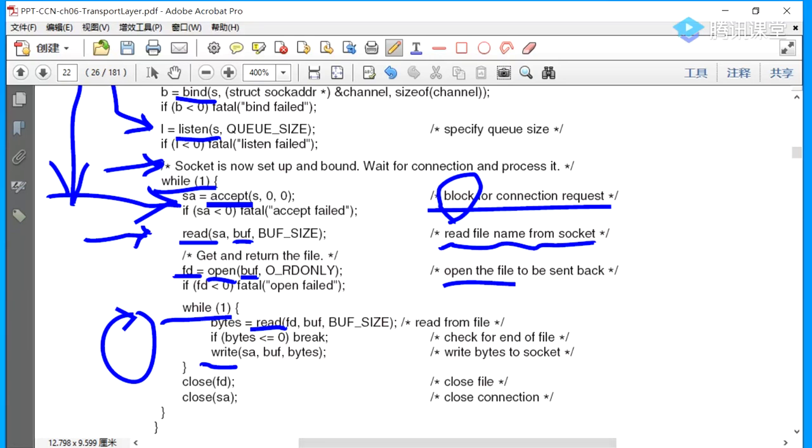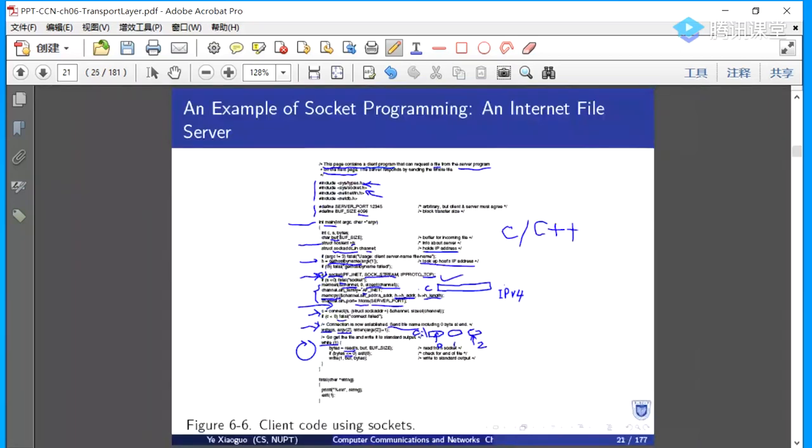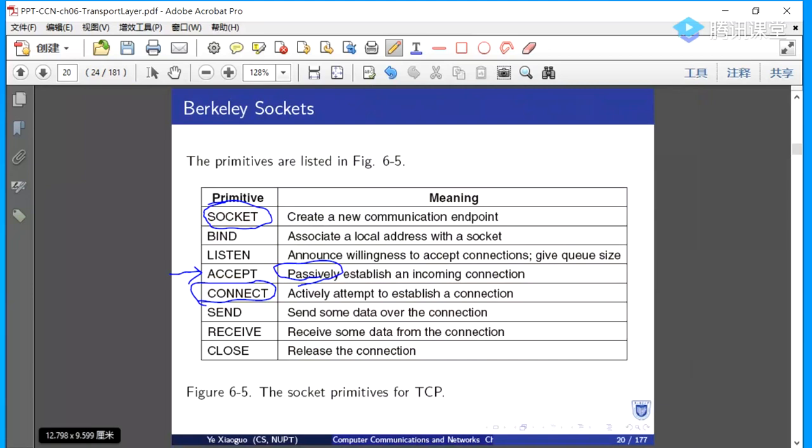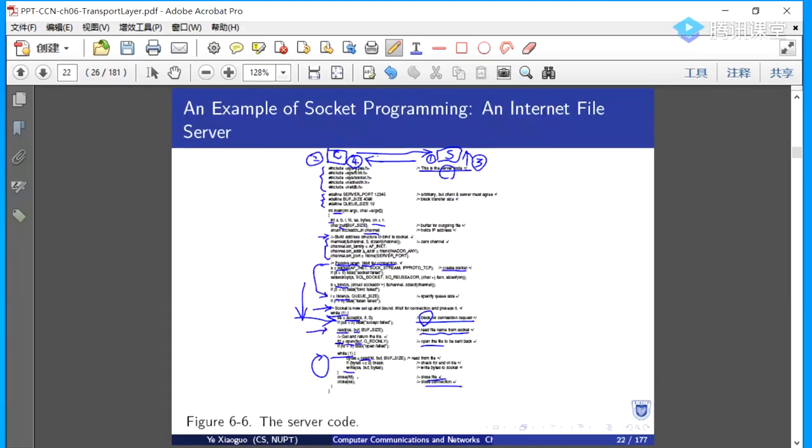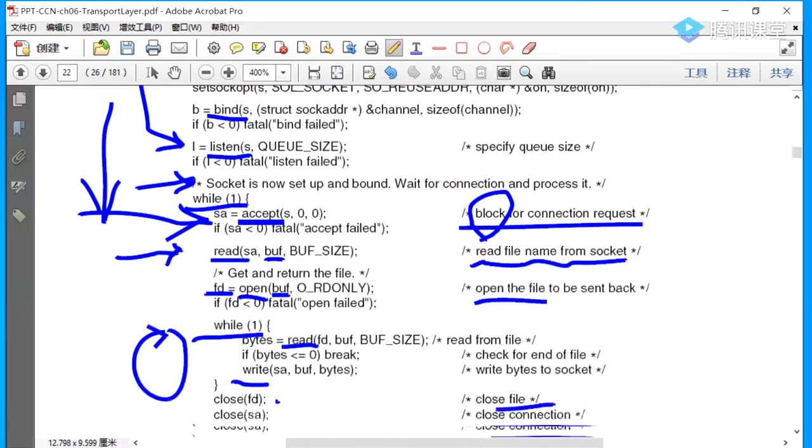Then close the file and close the connection. So it is a good example